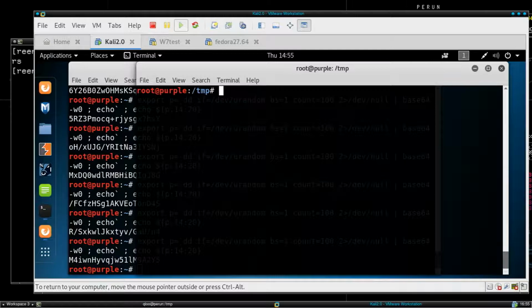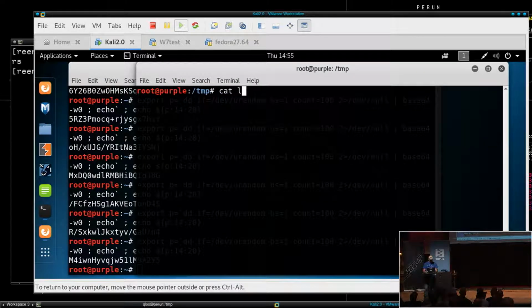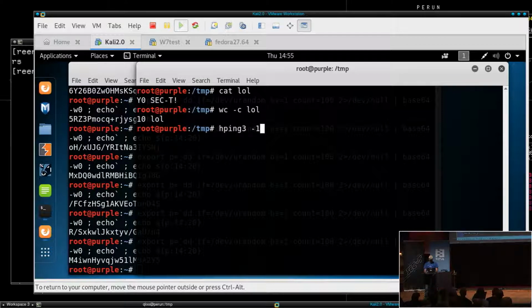So let's generate some local traffic. Let it be ICMP, and I have some file here. It has 10 bytes.